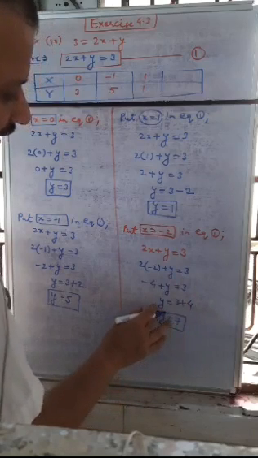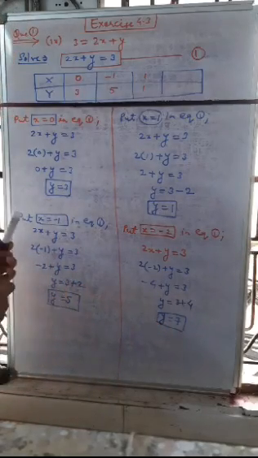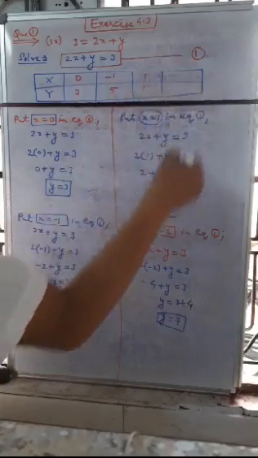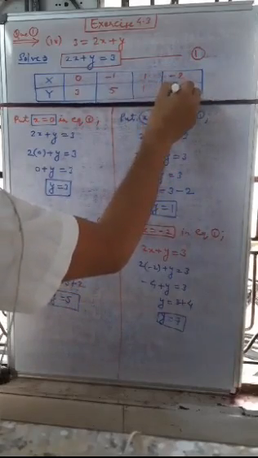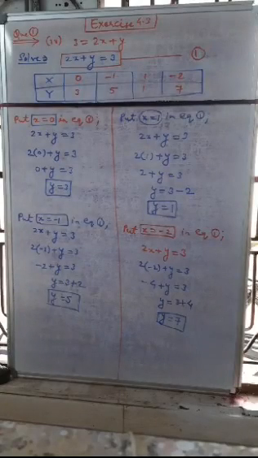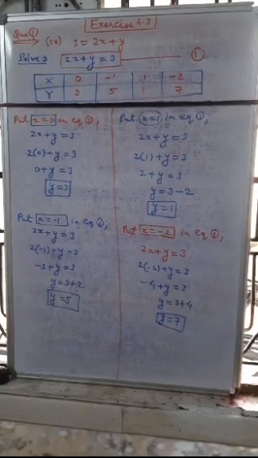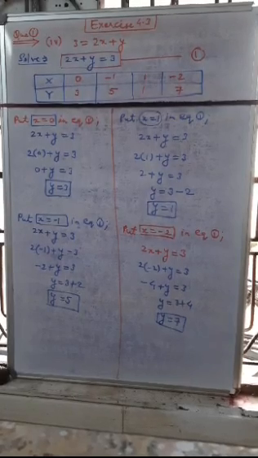So 2 or 3 values are enough to draw the graph, but at least we are taking 4 values, so it may be easier to draw the graph. So I have taken 4 values. So x is equal to minus 2, y is equal to 7. So this is the construction of the table before constructing the graph on the Cartesian plane. So you may understand this technique, how to put the values of x or y.